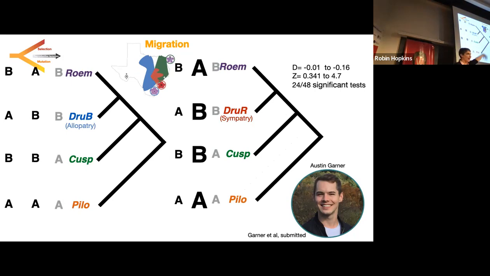What's kind of cool is that he also did it with individuals from allopatry, these light blue individuals way over there, geographically distant from cuspidata. They show no signal of gene flow. So we see mostly negative, but no significant enrichment of the ABBAs compared to the BABAs. So this gives us pretty strong evidence that, maybe logically, the gene flow is happening in sympatry. It doesn't happen so well when you're 100 miles apart.